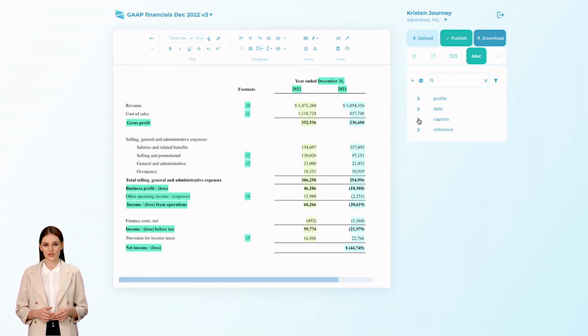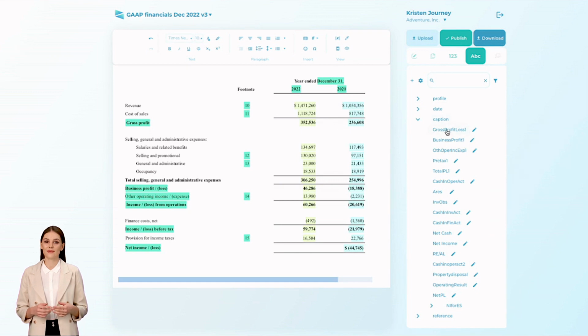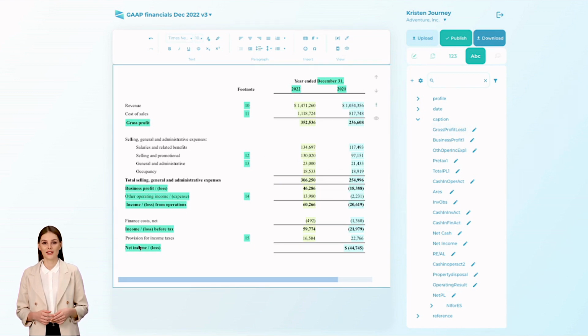The last thing on this screen is what we call captions. Captions are essentially text rules that you can establish for any account or variable that you currently have in the document. For example, you can have your P&L bottom line name switch between net income and net loss automatically based on the result in each period. As you can imagine, this could be used in many other cases as well.